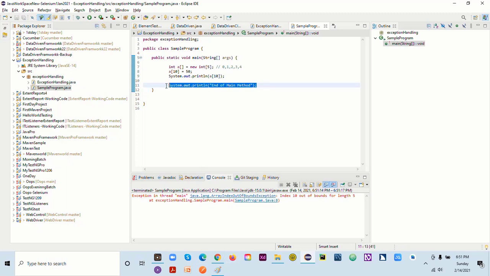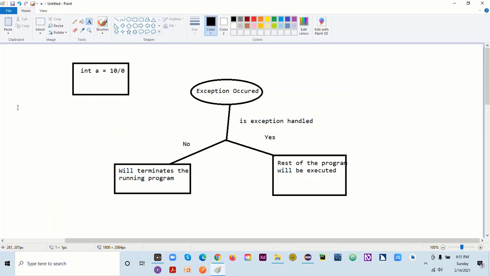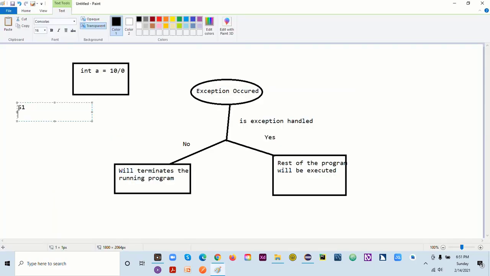So let's say you have one program and there we have a statement 1. See, if this is not working, this is not fair, right? We have to stop our execution here and we should not run other lines. So as soon as we get any exception, we try to handle that. And to handle that we use try and catch, and through that we can handle our exception.